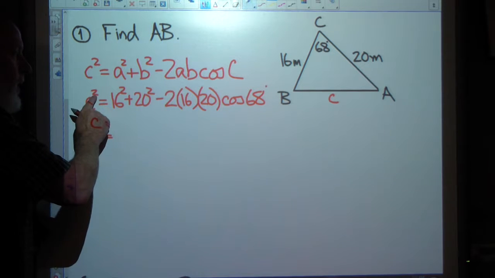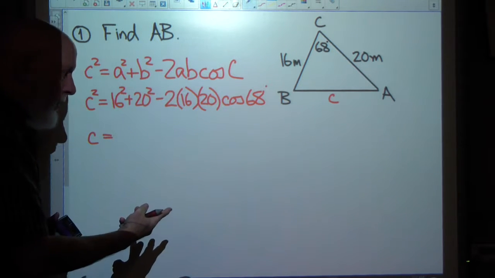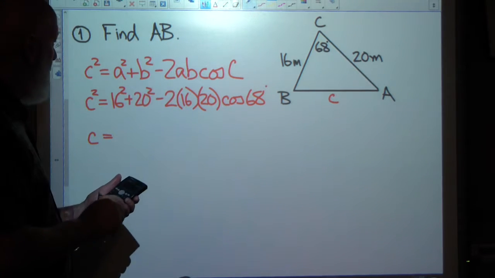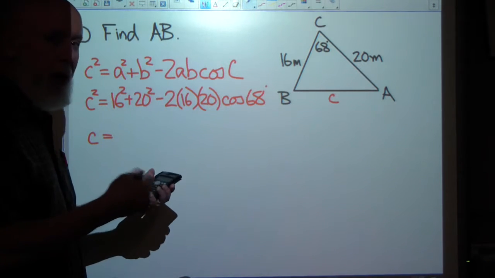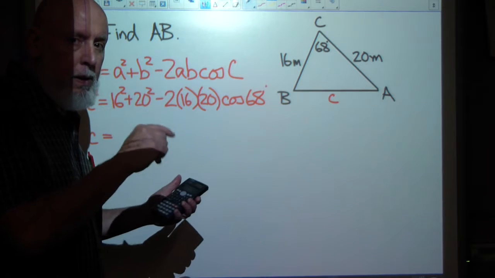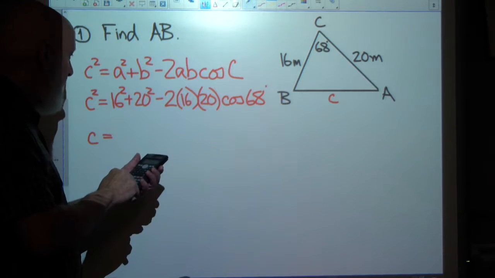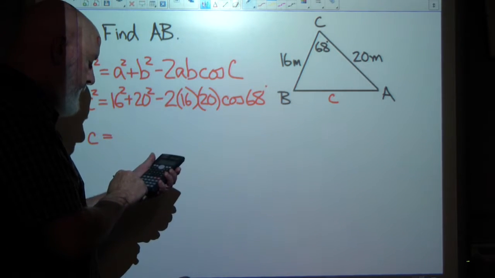That'll give me C squared, and then I'm going to take the square root of it. So here we go, that's 16 squared. I'll try not to mess up plugging it in. You have to be careful when you plug it into the calculator because it's easy to hit the wrong button. So I got 16 squared plus 20 squared